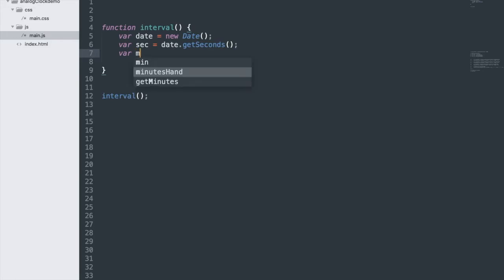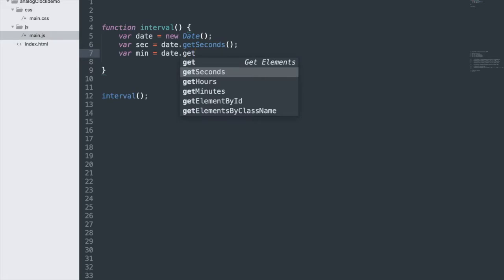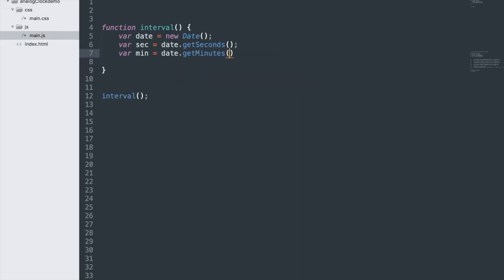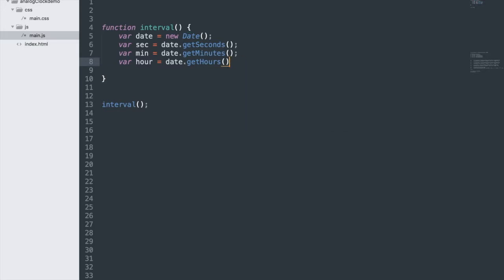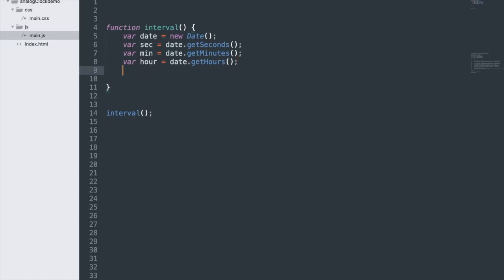We'll do minutes equals date dot get minutes. Variable hour equals date dot get hours, or is it get? Yeah. All right. So now that we have all of our date constructors set up,